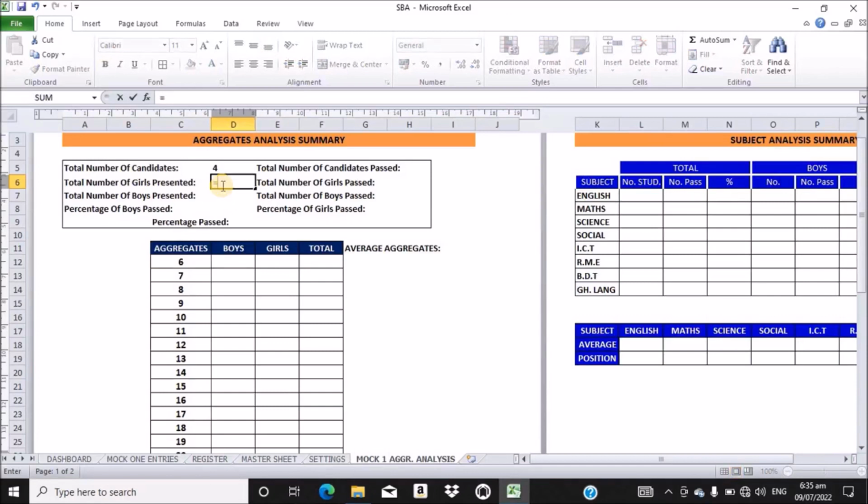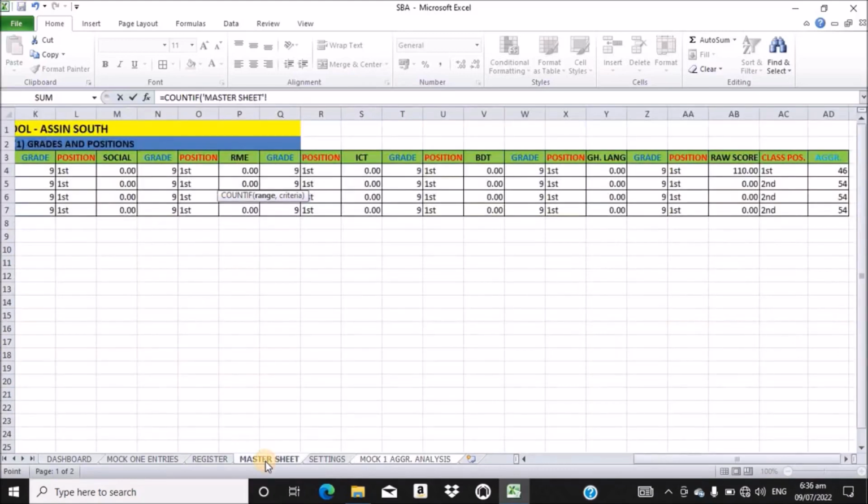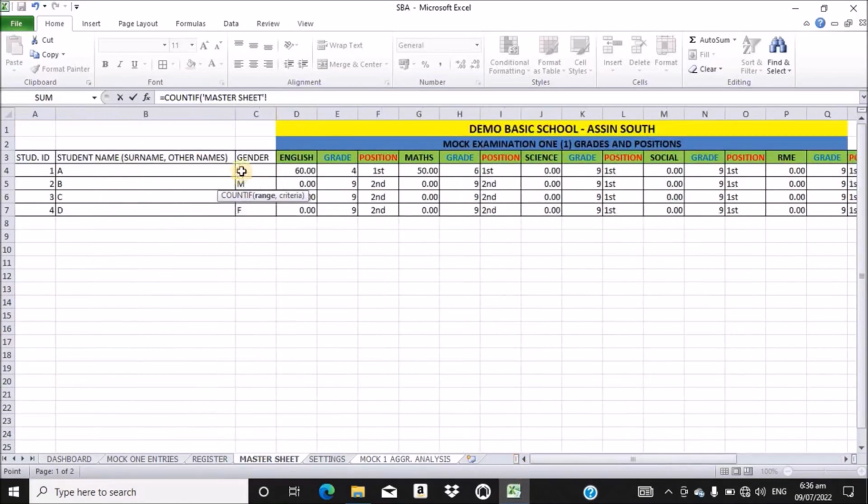So you go to COUNTIF. This time around we want only girls. So on our master sheet, we have the gender, male and then female. So on which column? Column C. So COUNTIF on the master sheet, column C,